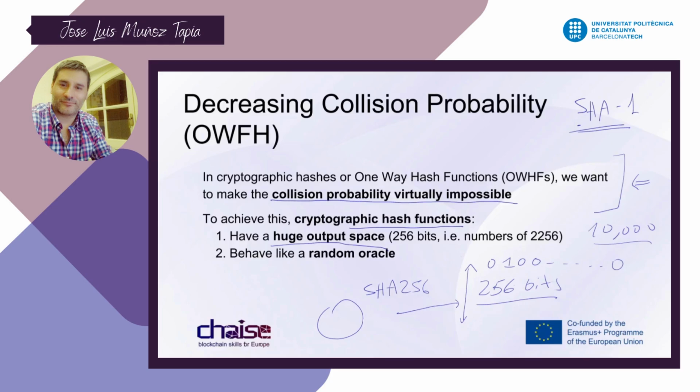Okay, the output of a SHA-256 hash function goes from 0 to 2^256 minus 1, and this number is huge. This is on one side, and on the other side,